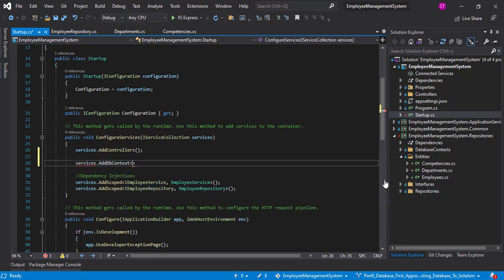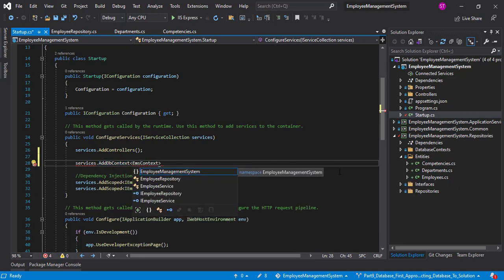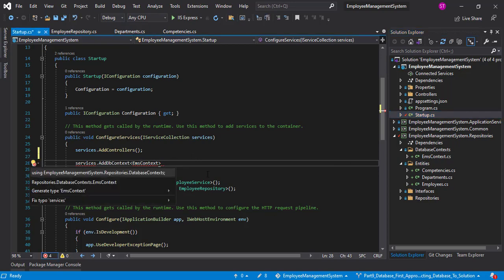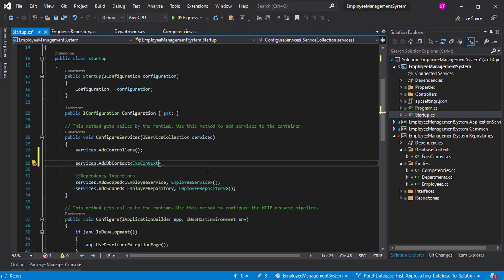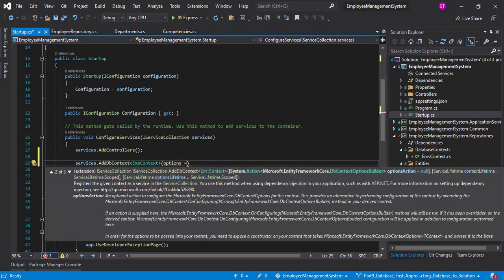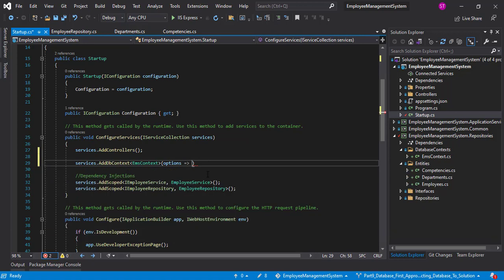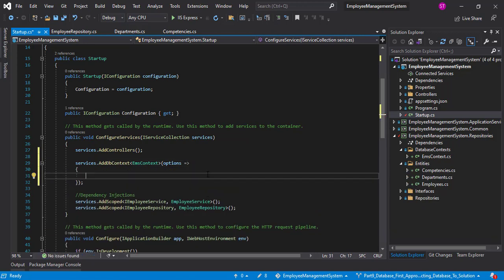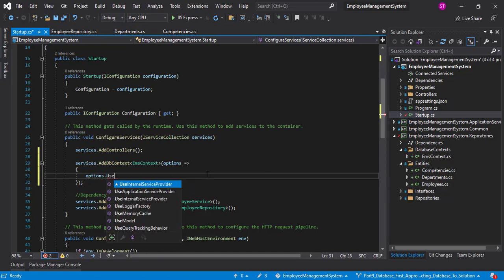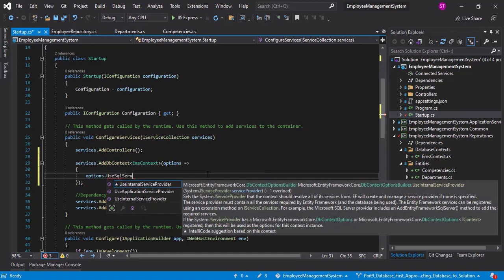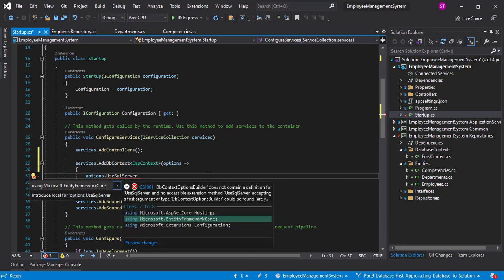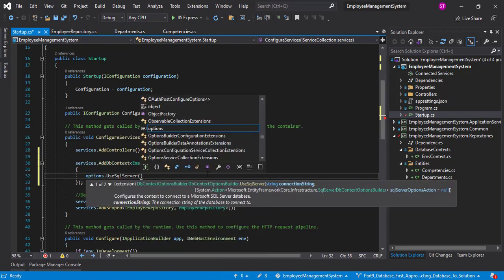Alright, so our type will be EMSContext, which is there in the database context, this one. Let's add the using statement, and we open up the brackets. We say options as the variable name for our anonymous function. Open up the brackets to make it a proper anonymous function, and then say options.UseSqlServer. We'll press Ctrl+. to add the using statement from Microsoft Entity Framework Core, and here we have